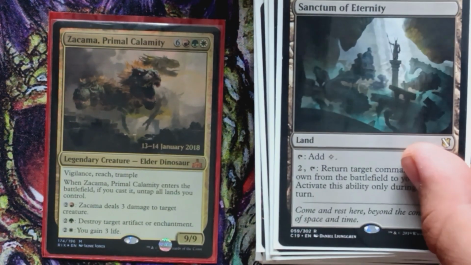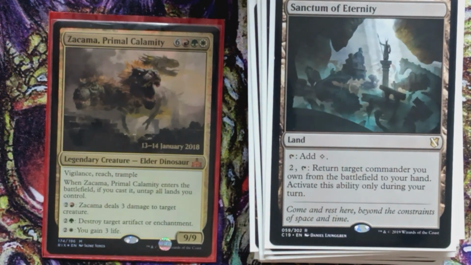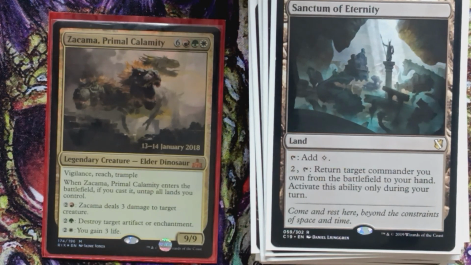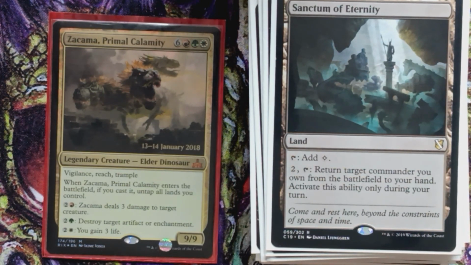And Sanctum of Eternity, that can act as a combo piece with Zacama. If you have the capability to generate a certain amount of mana with Zacama, you're able to bounce her back to your hand and then recast her using the mana you floated. This will then trigger her to untap your lands again and then produce you more mana. I believe you need at least 13 to go net neutral, and then anything higher than that is mana positive,